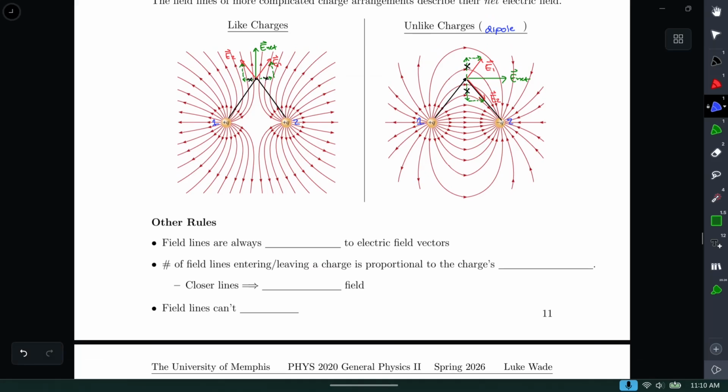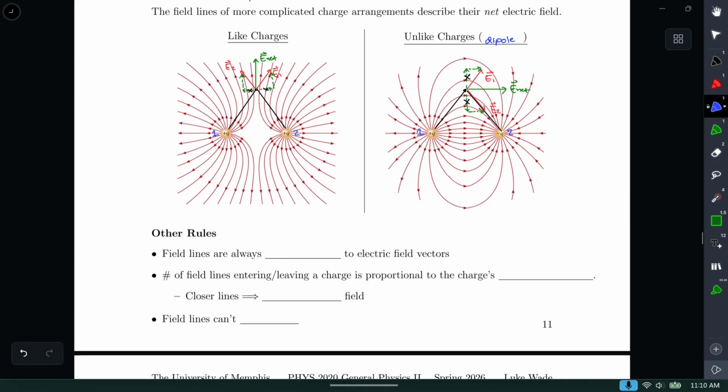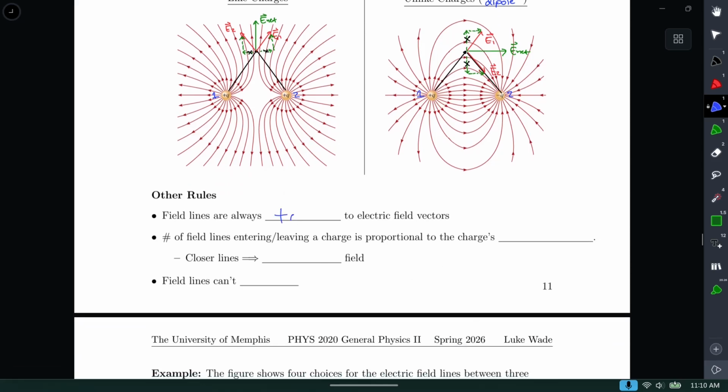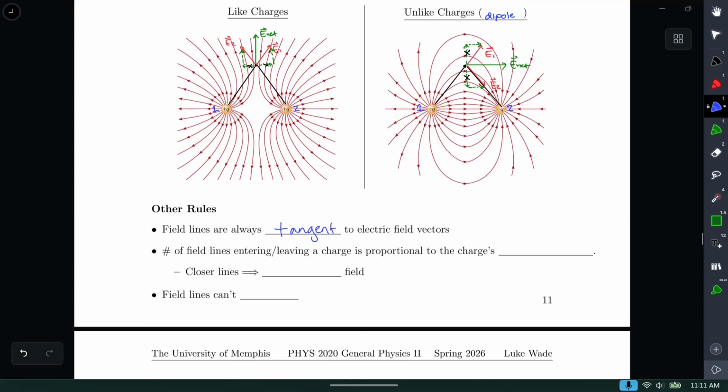Some other rules so that you draw these pictures right, which I'm not really going to ask you to draw a lot of, but more you just have to be able to see what they're saying to you, because they actually give a lot of information about the field. For one, the field lines are always tangent to the electric field vectors. What I mean by that is,